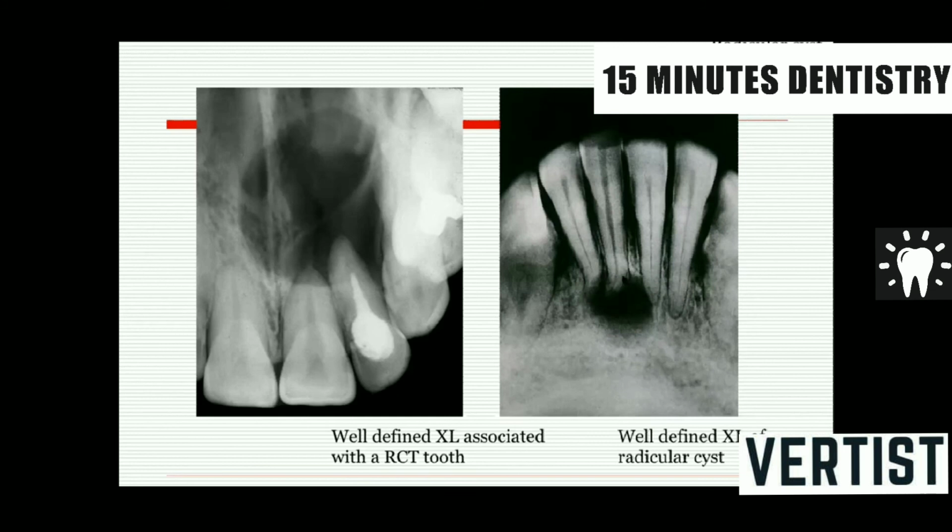And here there is a cyst associated with the mandibular incisor, and here since there is some fracture or caries involving the pulp that resulted in periapical infection, it should be larger than 2 centimeters to call it a cyst. If it is smaller, then it could be a granuloma.